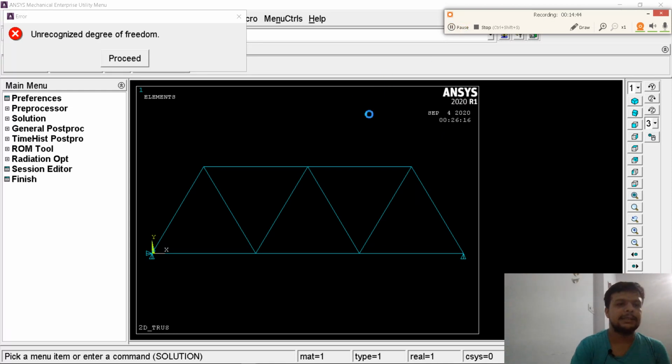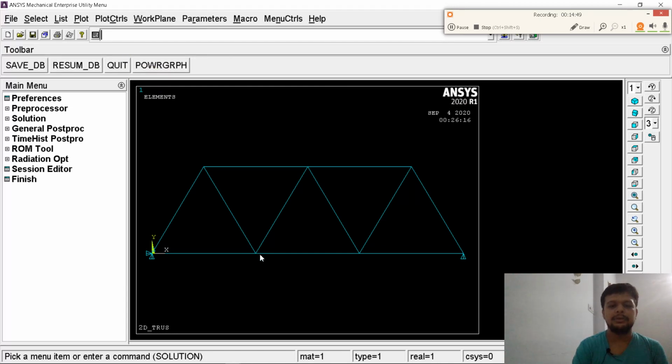Ignore my last statement, I made a mistake. We will apply load on some of the points, but we will not apply any load on the first and the last key point, that is key point number 1 and key point number 7. So in between, 2 to 6, we can apply load anywhere.